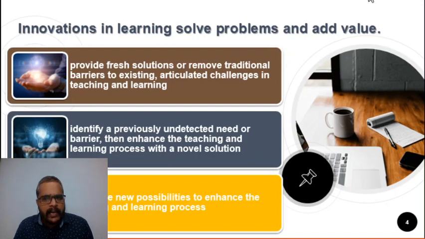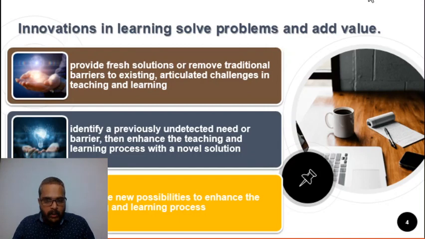Another point is to identify a previously undetected need or barrier, then enhance the teaching and learning process with a novel situation. So always look into it, and most of us know that we can assume the forthcoming problems or challenges, whereas there may be so many other factors which become undetected.